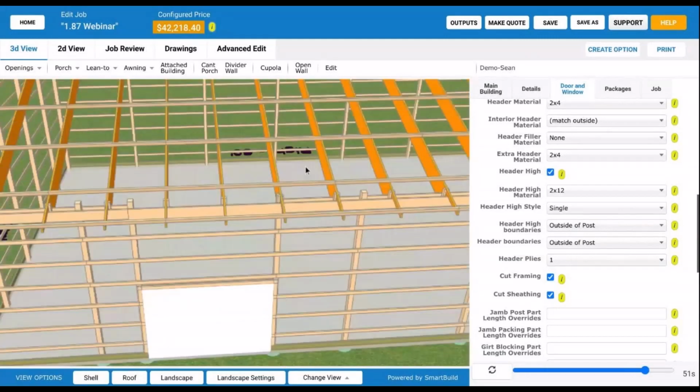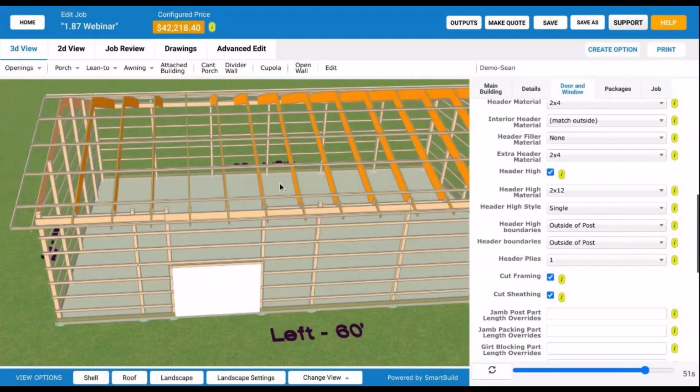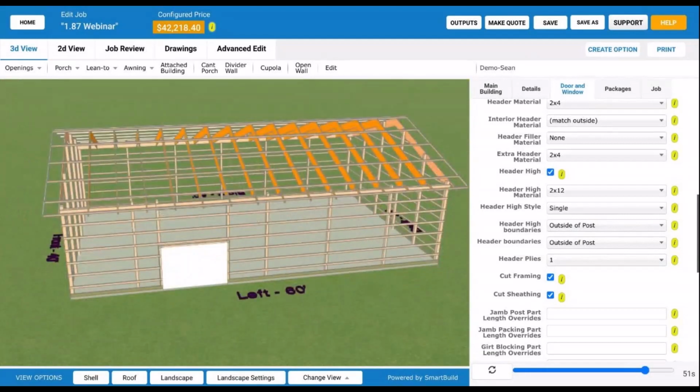So that's just some of the other items that we have in here, in addition to some changes to the interior walls, which I'm probably going to spend a little bit more time on, and then we can open it up for any questions. So most of you have probably seen that we've added this 2D view,